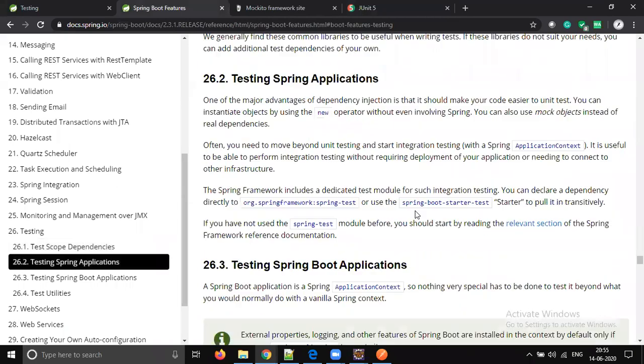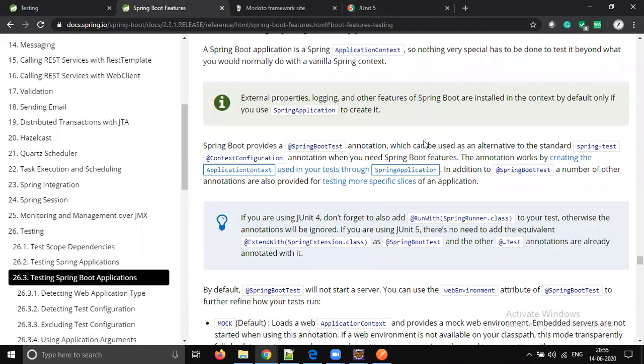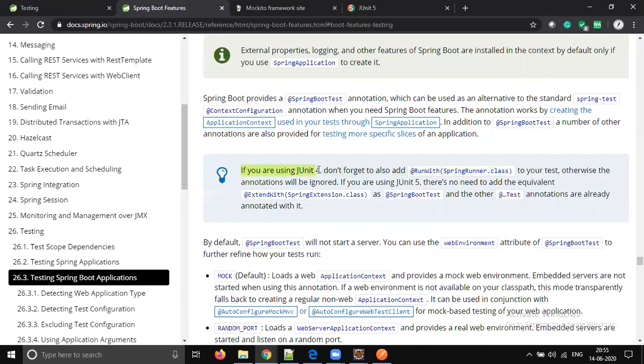I will show here. Here it's @RunWith with SpringRunner, right? This is associated with JUnit 4. If it is JUnit 4, then your class must have @RunWith with the SpringRunner class, but it's an older version. From Spring Boot 2.2, we will not have this annotation. So when you go through tutorials, don't get confused. Whatever you are seeing with @RunWith SpringRunner is the older version, JUnit 4.